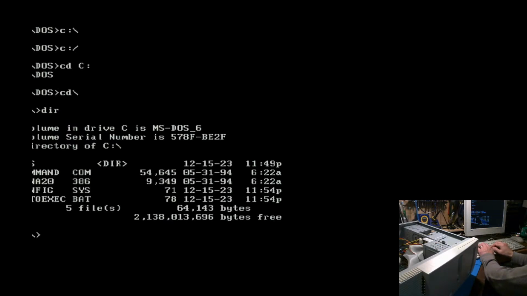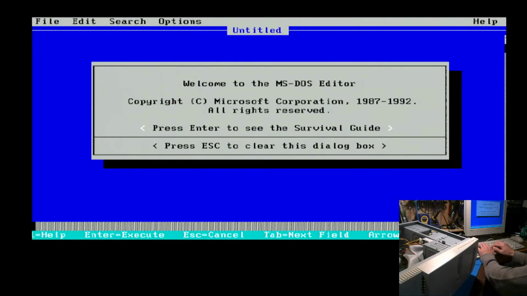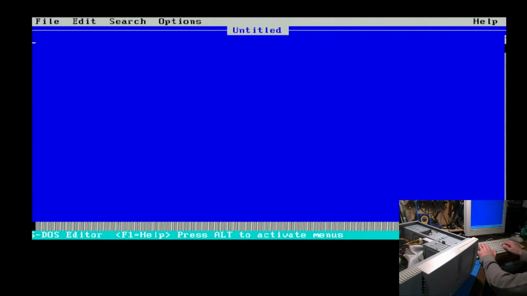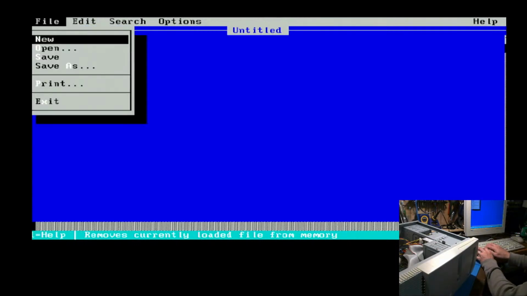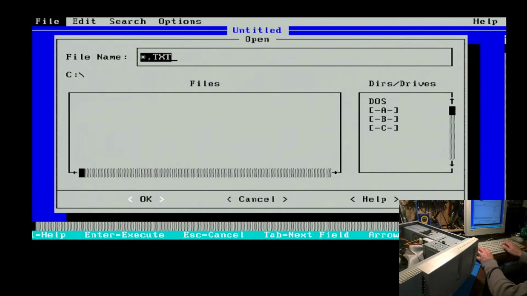So if I want to look at the autoexec, edit. Alright, MS-DOS editor. Okay, escape to clear the box, and we want to go to, no, we want command, is it Control F or Alt? Alt, okay. And open, and that should be all the text files. I want to see the README text. So I need to look in